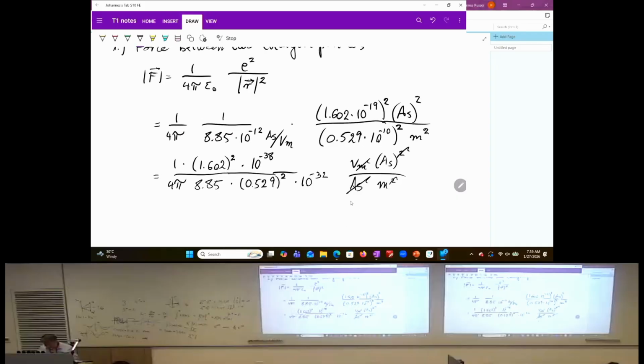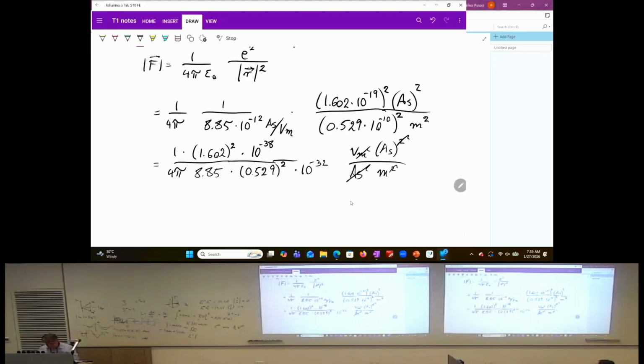And now 10 to the minus 38 divided by 10 to the minus 32 leaves 10 to the minus 6. And the remaining parts I suggest you enter best in your calculator. So this roughly gives you 0.08246 and so on times 10 to